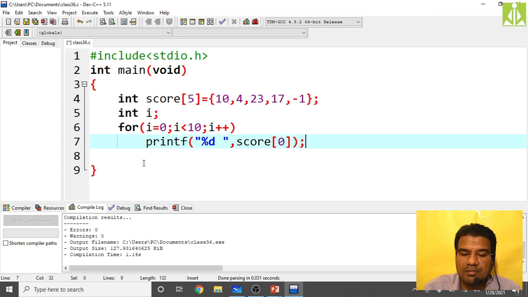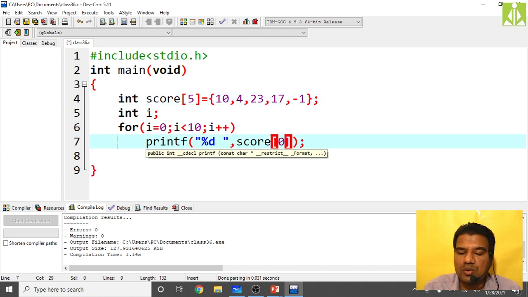So over here, when we are printing the array, 0 means it will print only the first element, isn't it? So here what you want is that in every iteration of this loop, the value must be 0 in the first iteration, 1 in the second iteration, 2 in the third iteration, likewise, so that you can access all the elements from your array. So here only the loop counter will change its value in that way. In the first iteration the loop counter value will be 0, in the second iteration 1, third iteration 2, fourth iteration likewise, isn't it? So how can we utilize this i to print the array elements? Simply put i over here in place of 0.